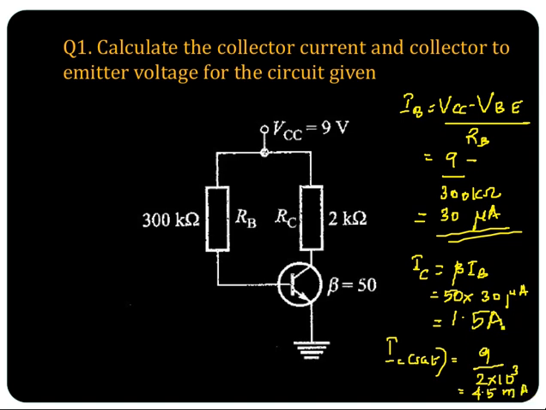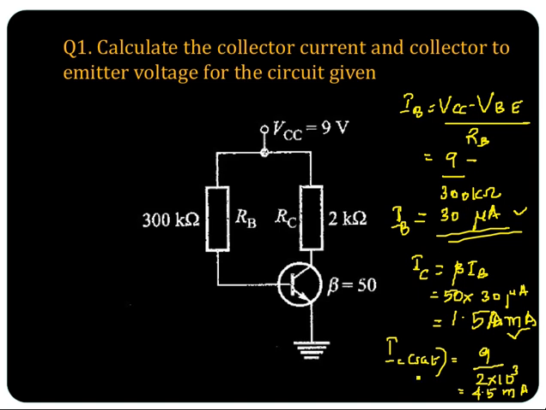So you can see, this is 1.5 milliampere. This 1.5 milliampere is less than 4.5 milliampere. So you can say IC has not gone to the saturation region. So we have calculated the value of IC for this base current 30 microampere. So why is it known as fixed bias circuit? Because this IB will be fixed. You cannot change this IB once the circuit is connected. Okay, so IB is fixed here. That is why it is known as a fixed bias circuit.